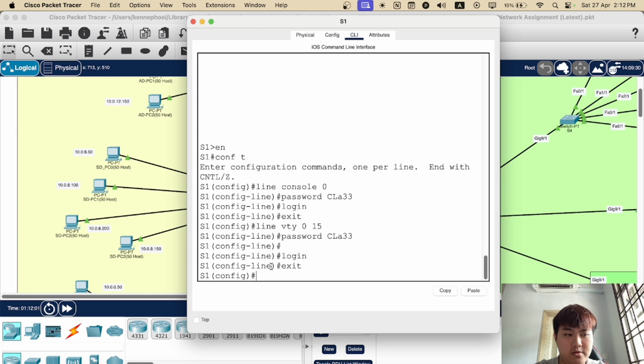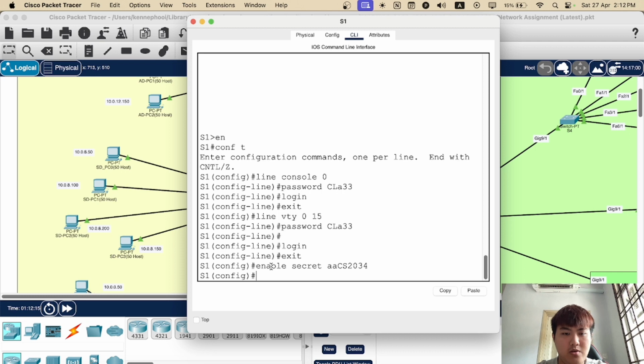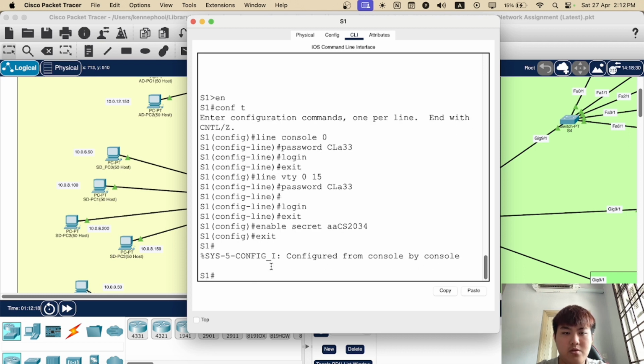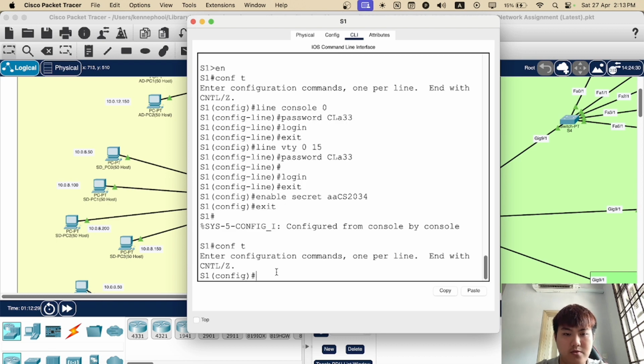After that, we go to enable secret. This is for the enable password. We call it AACS2034. After that, we exit. And now after we do the password configuration, we have to encrypt it. So how do we do that? We go again to config terminal and we go to service password-encryption